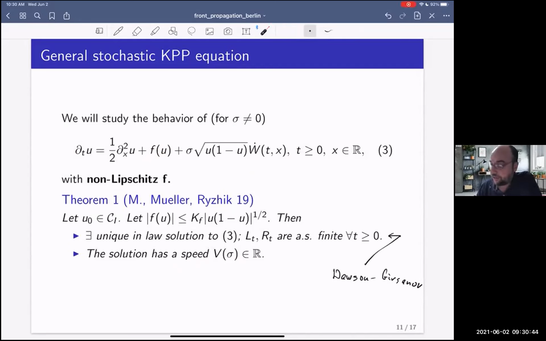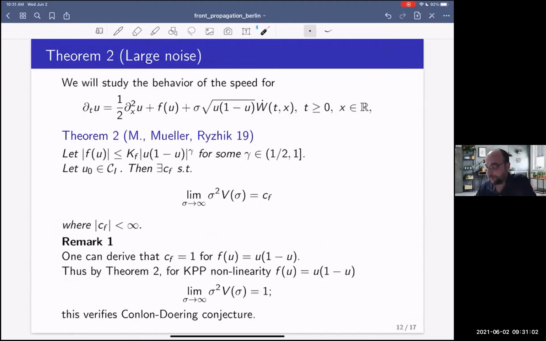And this allows us to get the unique solution to this equation. And this bound is exactly the bound that allows us to apply Dawson-Girsanov. This follows more the argument of Conlon and Derrida. And now, in this paper with Karl and Lenya, we wanted to study the asymptotic behavior of the